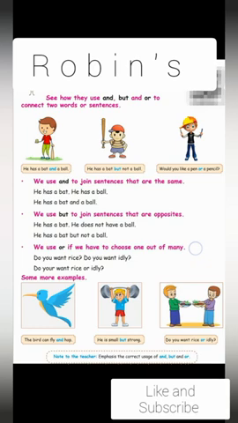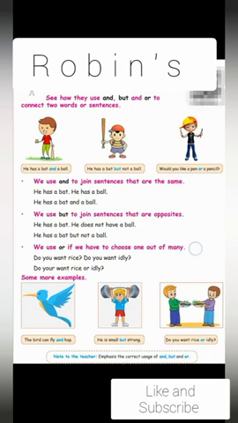So in the first picture, he has a bat and a ball. What we are telling, he has a bat is a sentence and it joins another noun there, a ball. In the second picture, he has a bat, another statement is there, but not a ball. In the third picture, would you like a pen or a pencil?